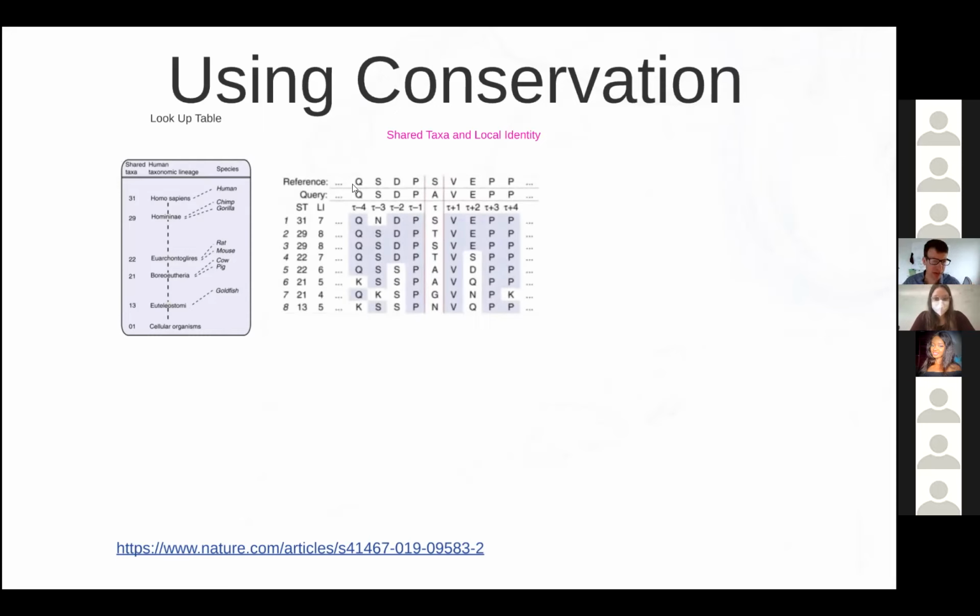On the top, you've got your reference sequence that happens to be in amino acids. And then on the lower line, you have your query sequence. And you can see that there's a variant here, right? So you have a missense variant, it goes from S to A. Okay, so now you say, okay, now I'm going to compare